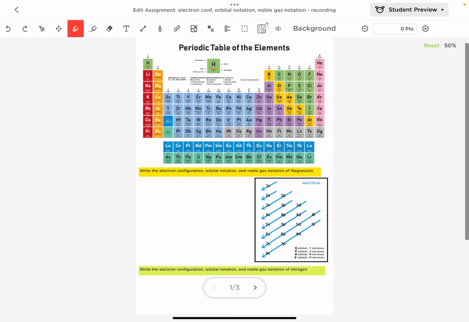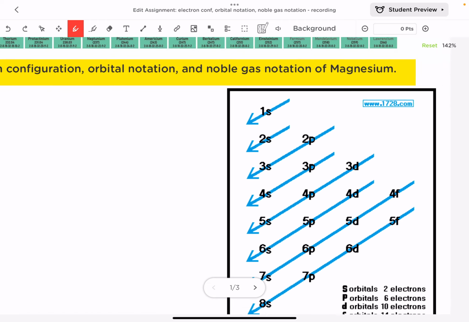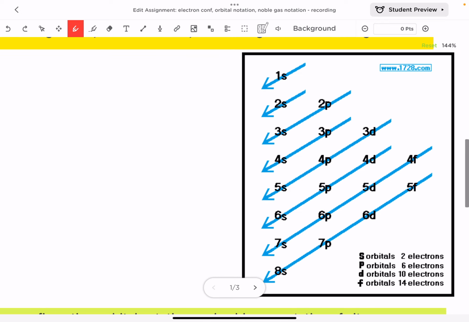Hello, in this video tutorial you will learn how to write the electron configuration, how to write the orbital notation and the noble gas notation. These are three different notations in the electron configuration of atoms. First of all, you always have to follow this diagram following Aufbau principle in order to distribute the electrons in